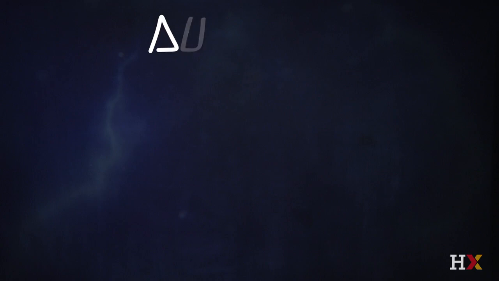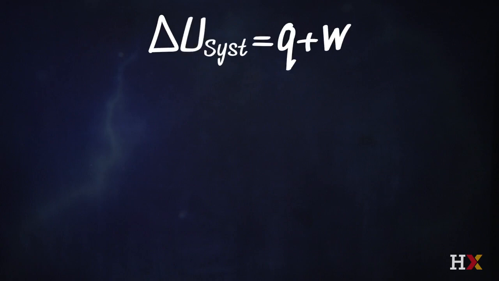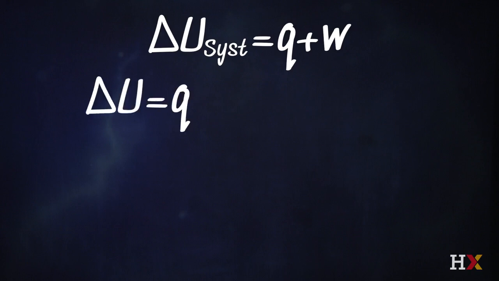So our objective is to understand the relationship between heat and work. And so, as we always do, we very carefully write down the first law that says the change in internal energy of a system is equal to the heat plus the work either entering or leaving that system. We also have deduced the fact that the change in internal energy, delta U, is equal to the heat produced